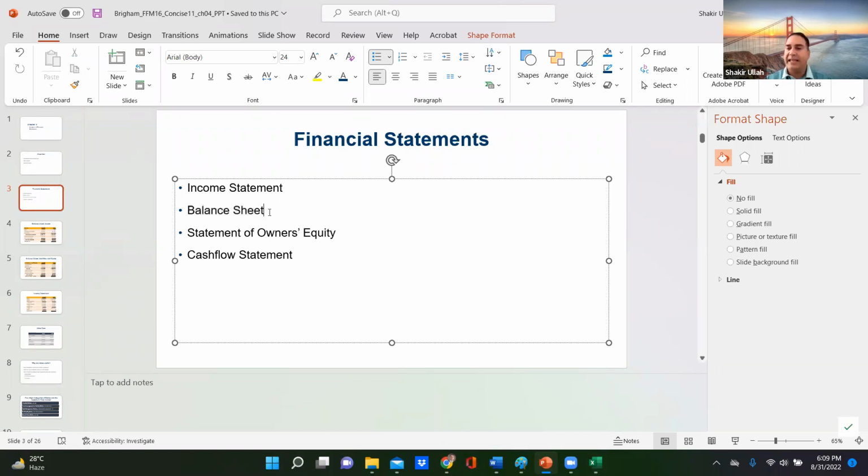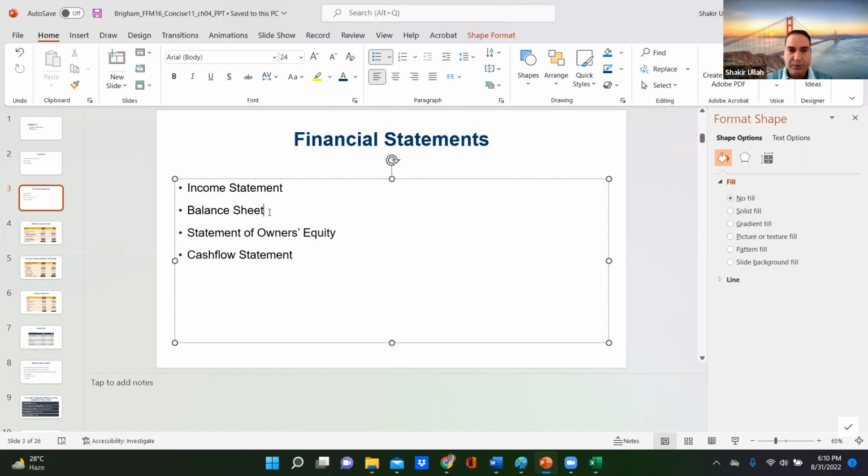We also record liabilities of the business on the balance sheet. So what is a liability? Can somebody tell me what we mean by a liability? It is something that we have to pay. It is borrowed money that we have to pay. You've borrowed some money from the bank and you will pay it. That's a liability. If you purchased your inventory from your suppliers on credit, you will have to pay that back, so it's again a liability.